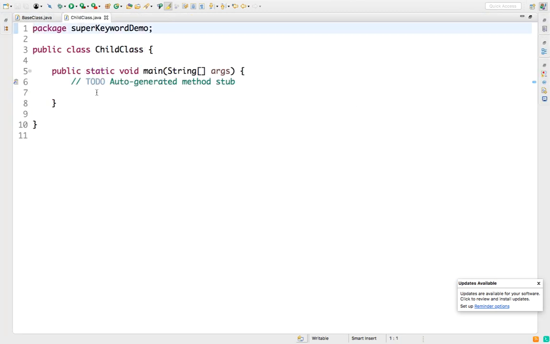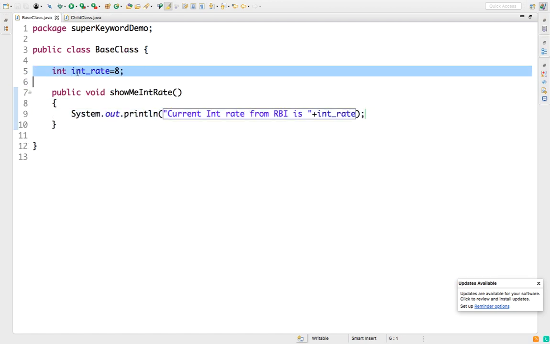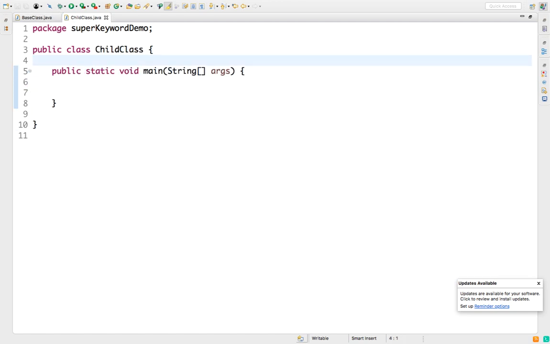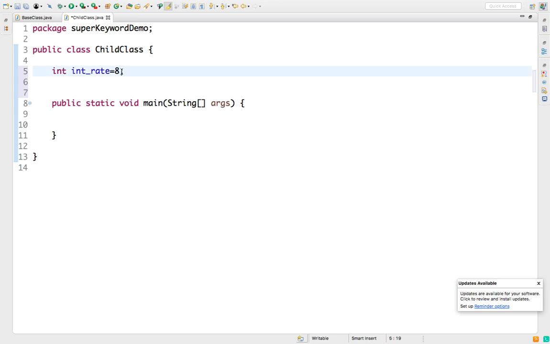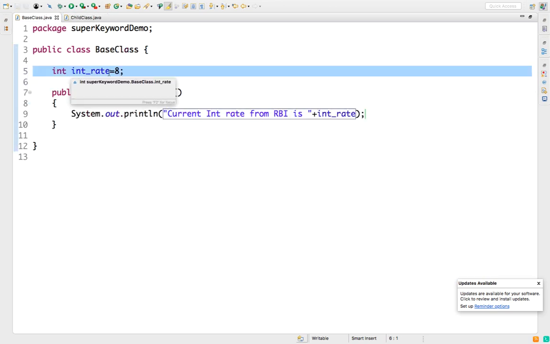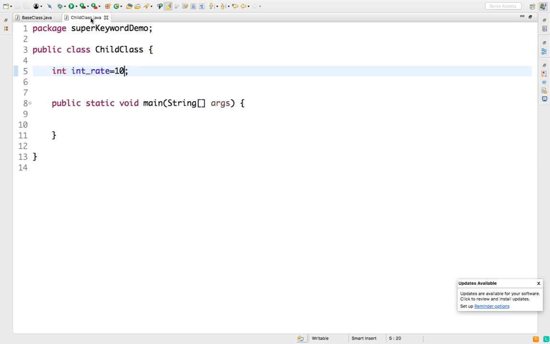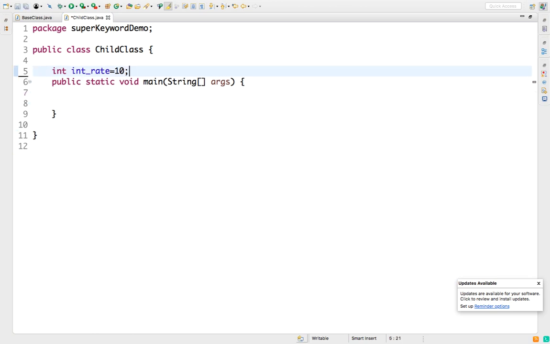Now in the child class, I will be using the same variable. So this time I will say the same thing, but this time I will change the value. So let's say this is now 10. RBI has decided that the government interest rate should be 8, but let's say these private banks are making it 10, 12, 15. Now if I create another method here,